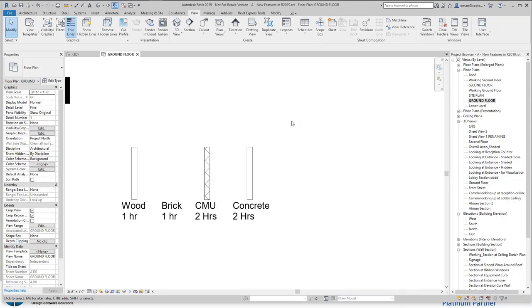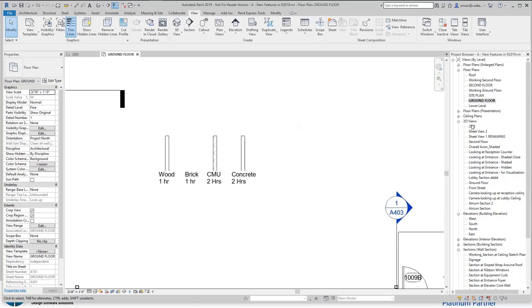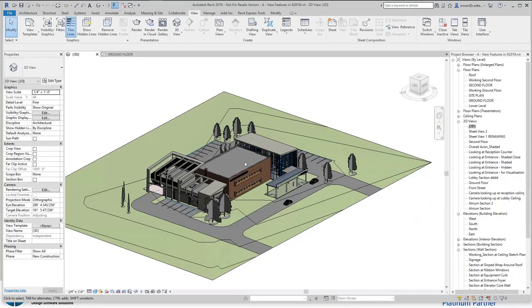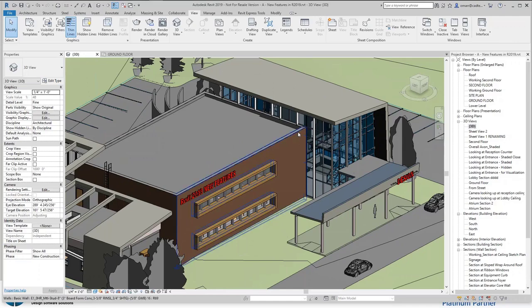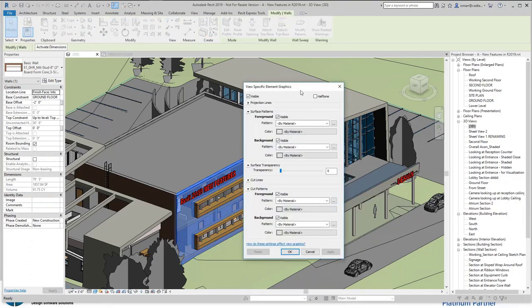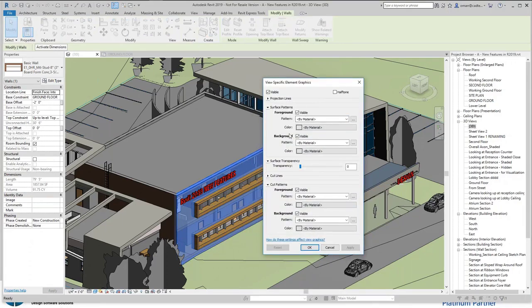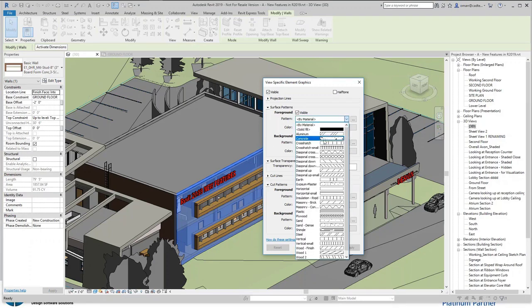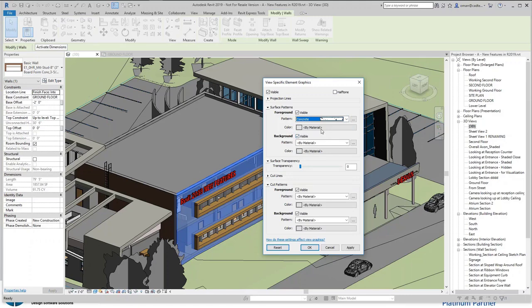And to move on, we can show now the double patterns. Let's go to a 3D view and show on this wall, for example. So if I right click it and say override the graphics by element. Now these options right here, we see foreground and background now. And these are available for materials as well, and any other things that require surface patterns or cut patterns, you'll see these options. But to demonstrate here is we're going to, let's say, add concrete as a foreground, and in